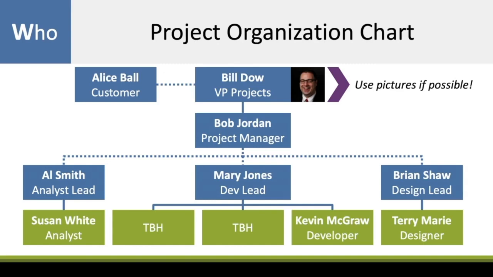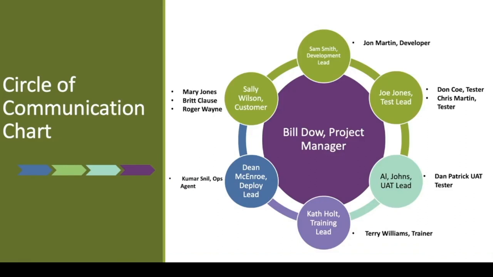If your team and your organization won't allow you to get away with that, then use the project circle of communication chart. You've got the project manager in the dead center. He or she owns all communications. You've got the leads around the side. Everyone's able to communicate. And basically, this gives you a view into who's running the project and who's driving the communication of the project.